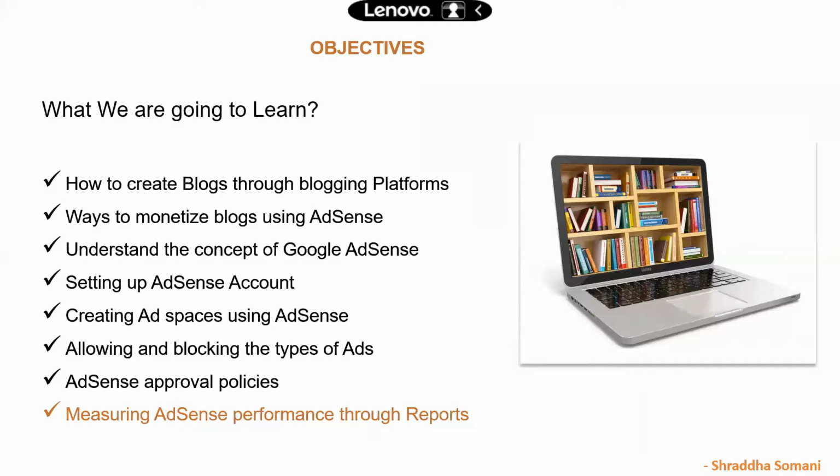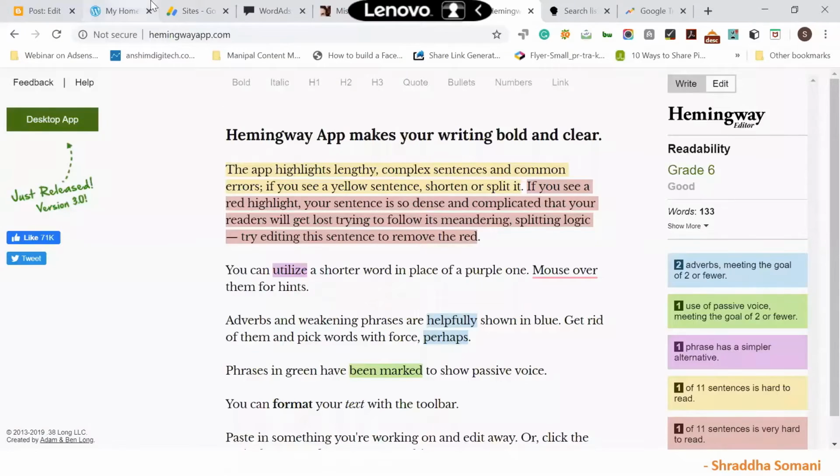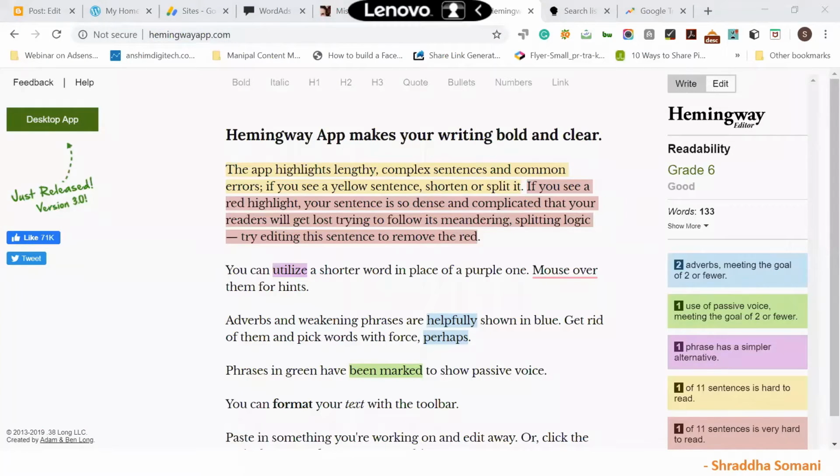Okay, so Sujay is asking me to repeat a tool. Sujay, what I will do is I'll just share the URL with you all, so it will be easy for you, an easy reference. All right. So I'll just share this with everyone. Okay. Yeah. So Shreyas, I hope that I have answered your query.